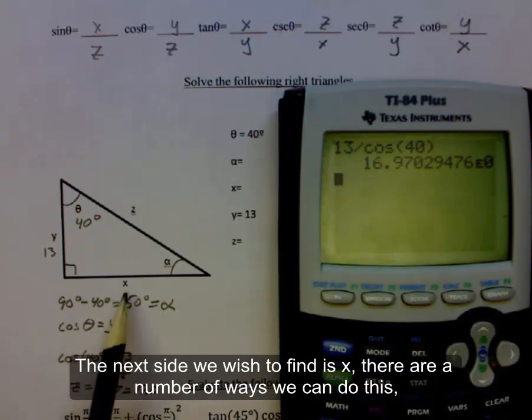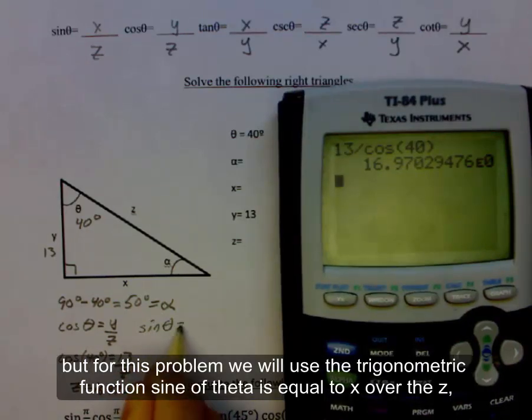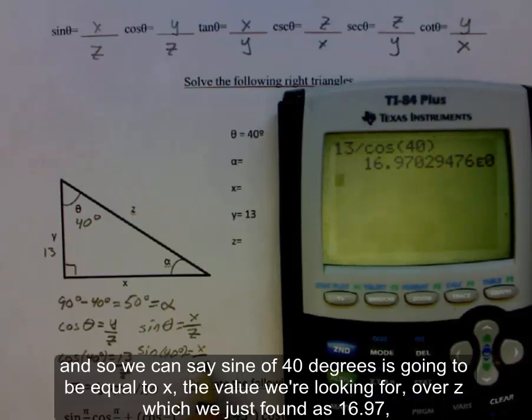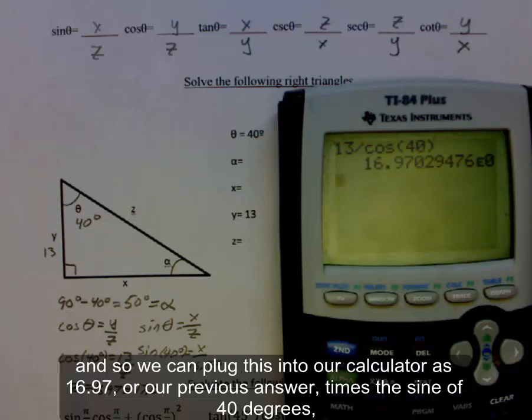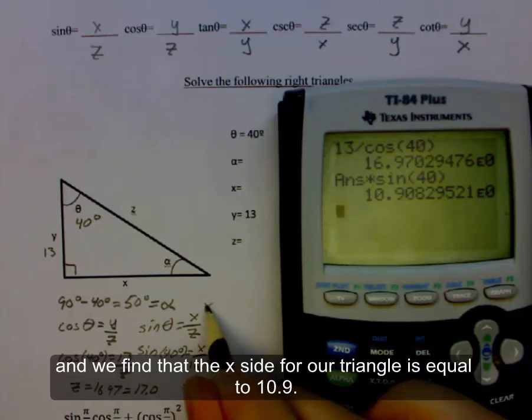The next side we wish to find is x. There are a number of ways we can do this, but for this problem we will use the trigonometric function. Sine of theta is equal to x over z, and so we can say sine of 40 degrees is going to be equal to x, the value we're looking for, over z, which we just found as 16.97. And so we can plug this into our calculator as 16.97, or our previous answer, times the sine of 40 degrees. And we find that the x side for our triangle is equal to